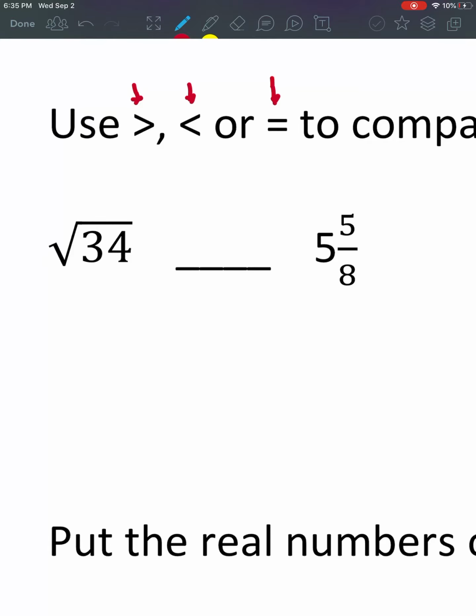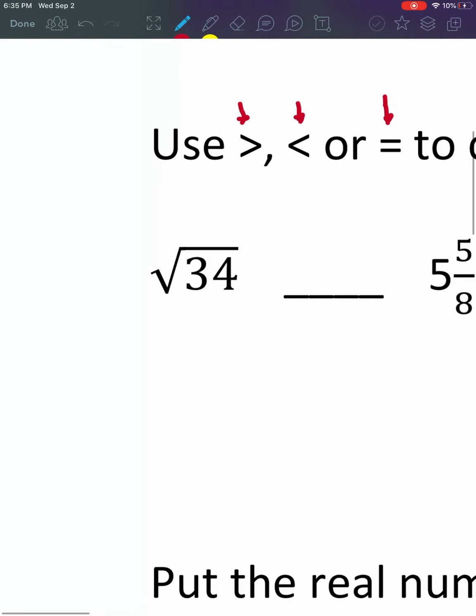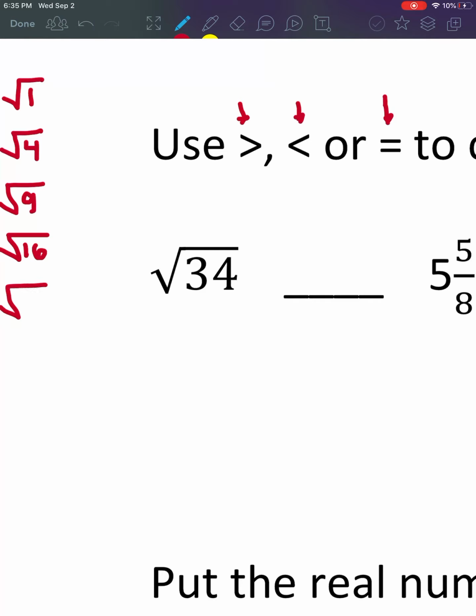So right now, in this first example, we have the square root of 34, and then we have 5 and 5/8. So we're going to want to write them as decimals. The square root of 34, now we're going to have to estimate because that is not a perfect square root. So I know in class we've made this list often. If we make the full list up until we get to 34, so 1 times 1 is 1. That is a perfect square root. 2 times 2 is 4. So that's a perfect square root. 3 times 3, 4 times 4,